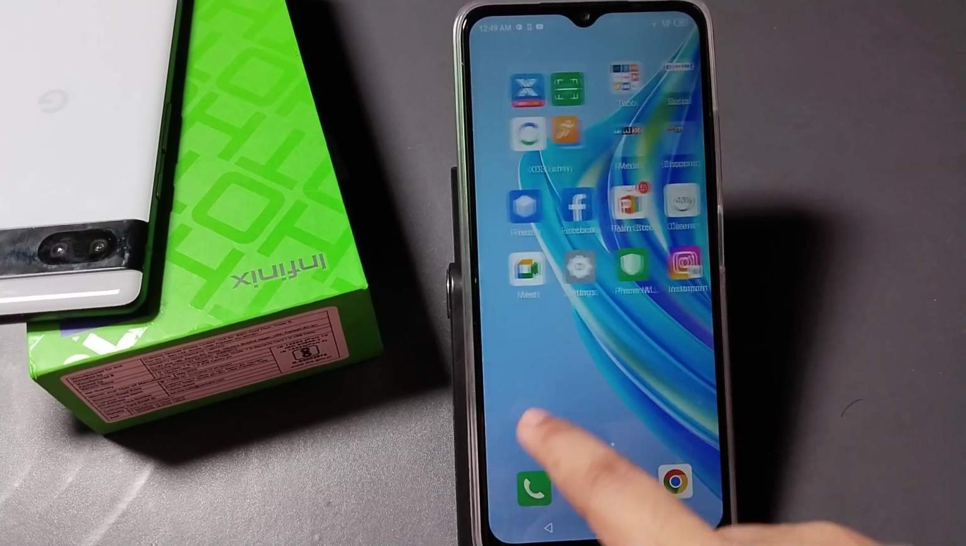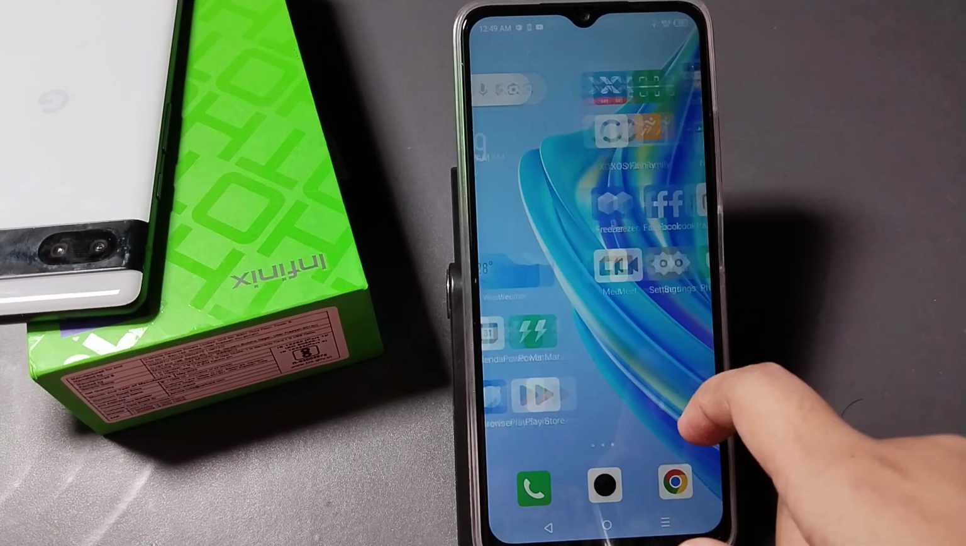Hello friends, in this video right now I'm going to show you how you can set app clone on your